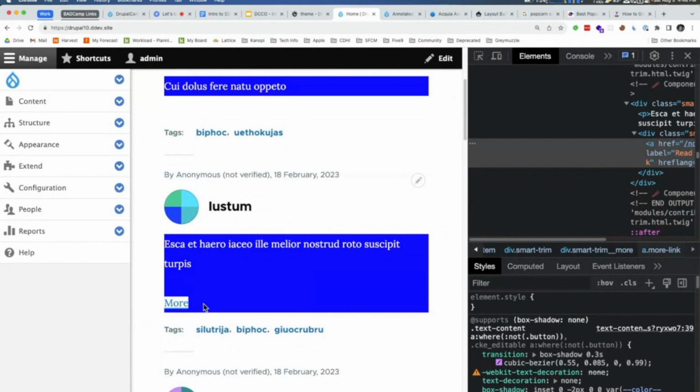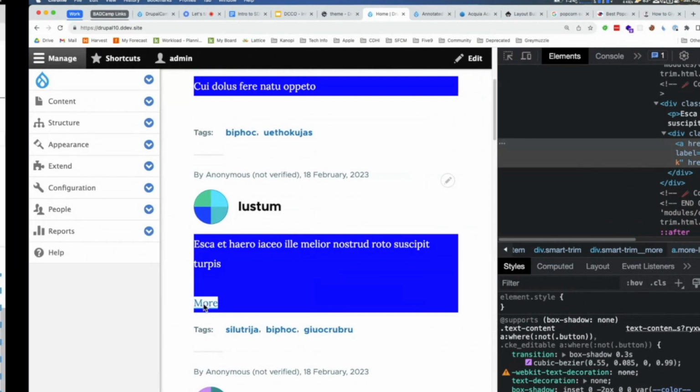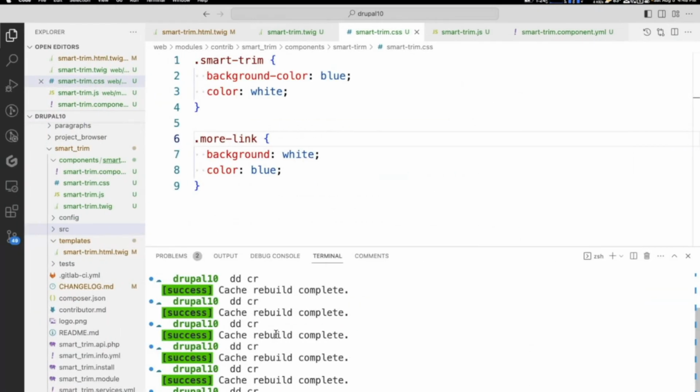So the next thing I wanted to show was how to extend this on your own custom theme. And I'm going to do this real easily by doing a drush generate theme.